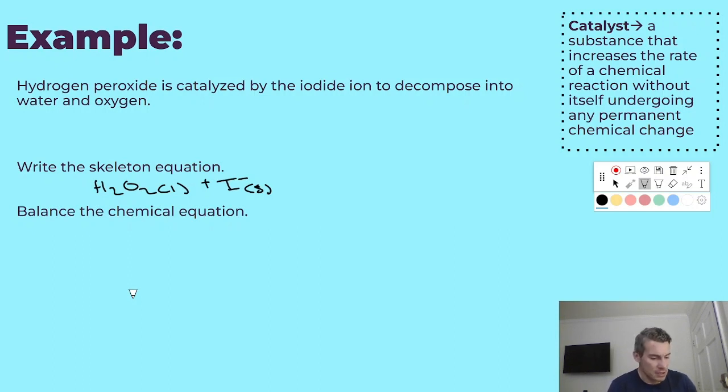I know that's a temptation, but the appropriate thing to do with a catalyst is actually to write the arrow for the reaction occurring and to put the catalyst over it, right? To show that it is in fact acting as a catalyst. It is not going to be on either side of the equation. It's just going to help speed up or catalyze the reactants breaking down into the products in